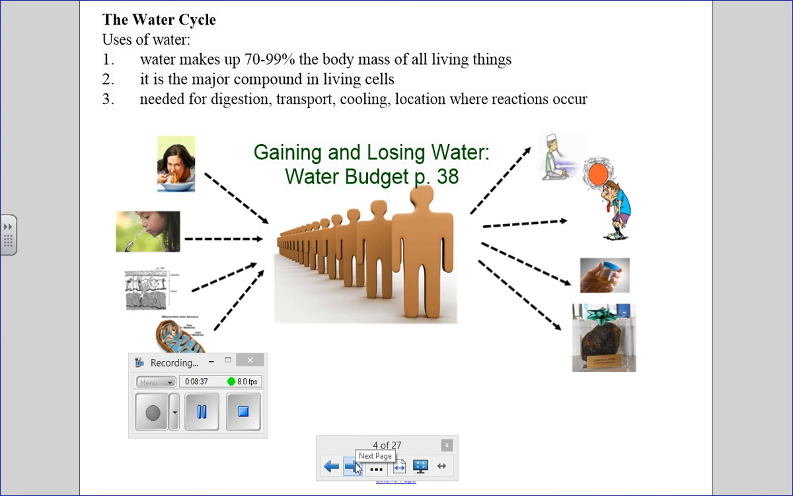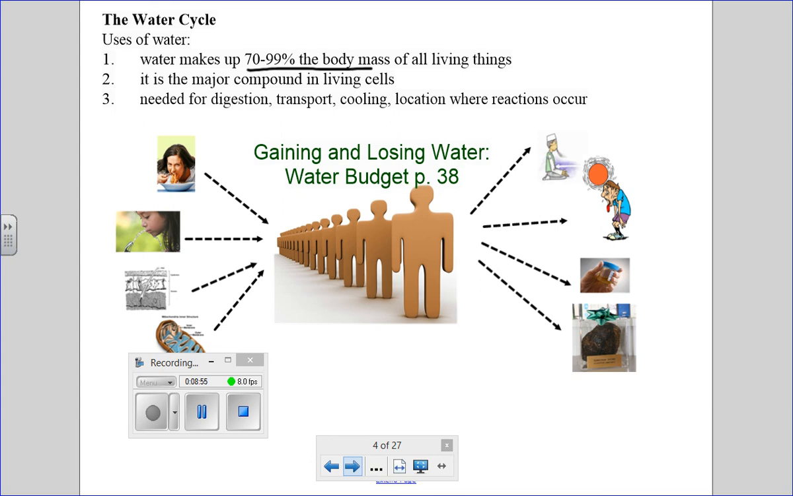So the first cycle that I want to talk about is the water cycle. And actually, before we talk about the water cycle, I want to talk about what water is for and how you gain and how you lose water. So that you know,